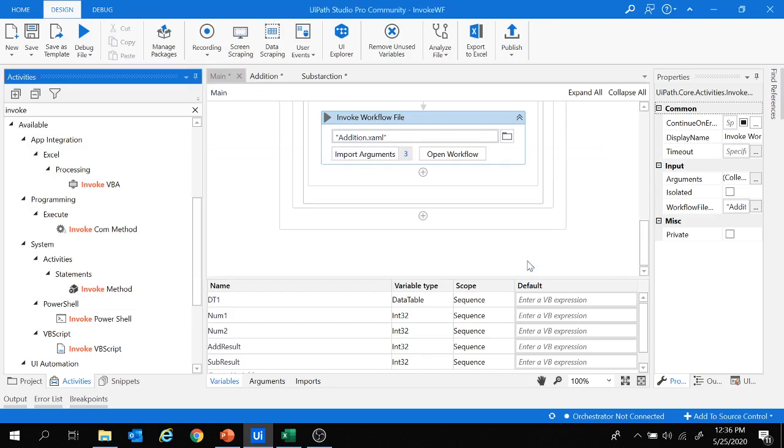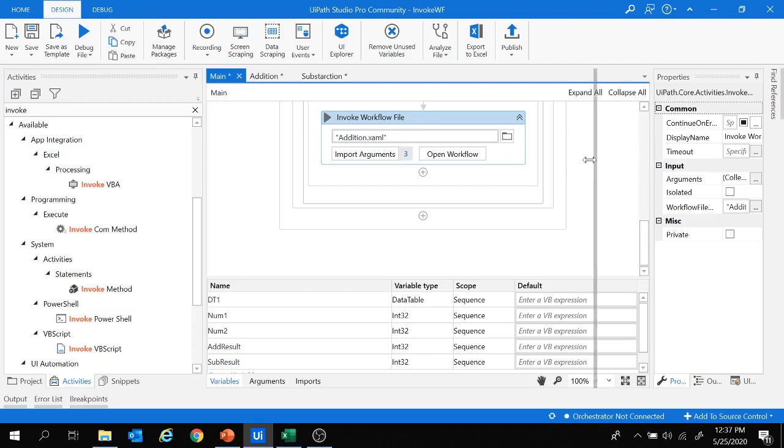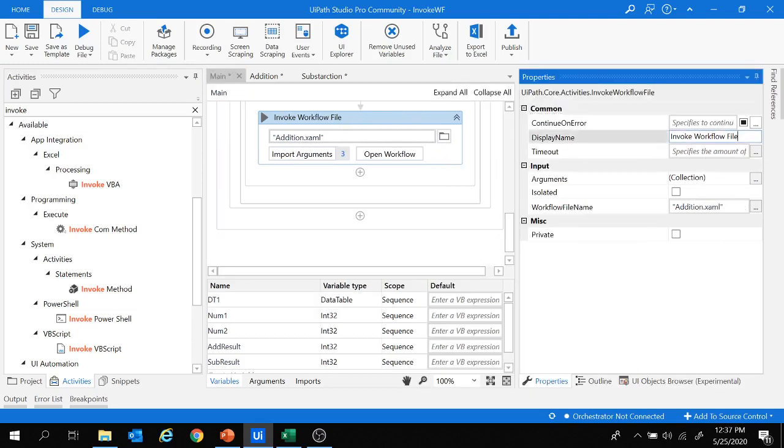So let's click on OK. In this way we integrated this addition workflow inside this main workflow. Let's change the name of this activity from here, and let's give the name as invoke workflow file addition.